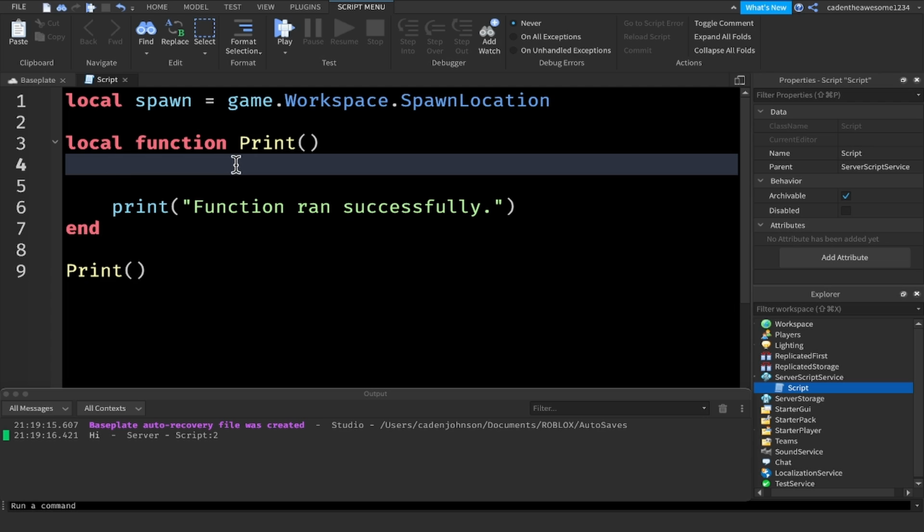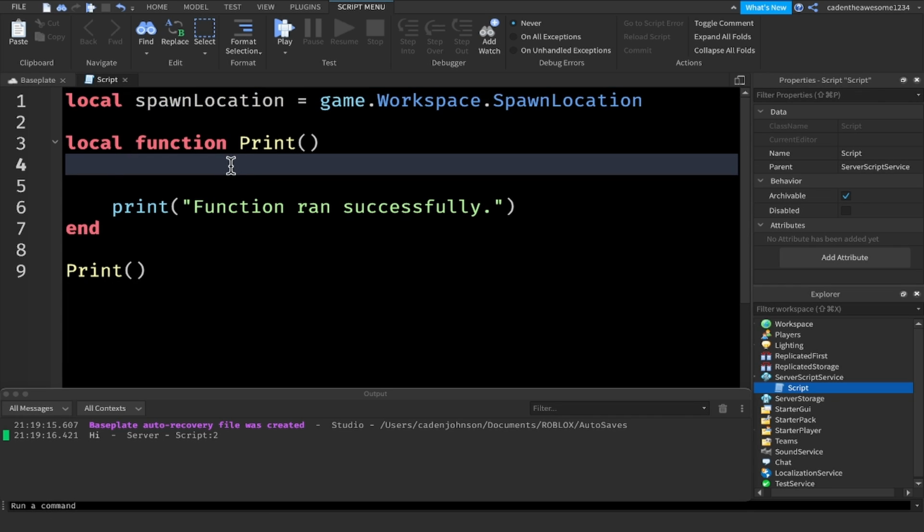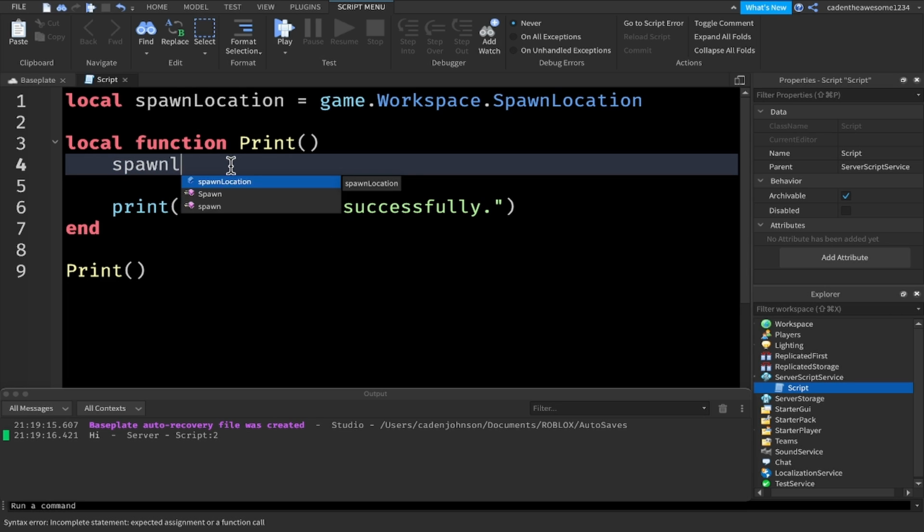Oh shoot, I keep forgetting to do that. There's something called the spawn function, which I can probably teach you about in the future. So you can't use the word spawn because it's already a keyword. So spawn location